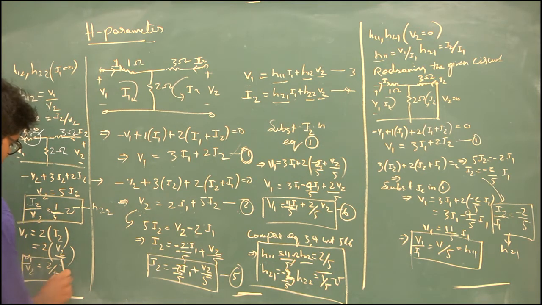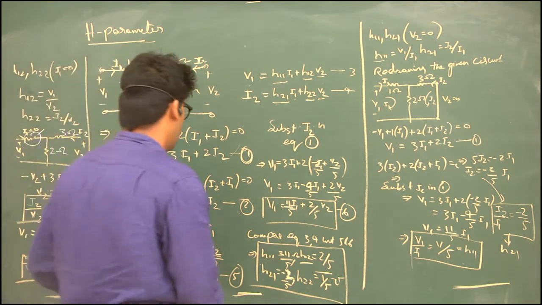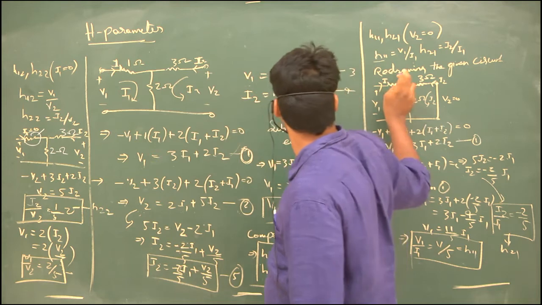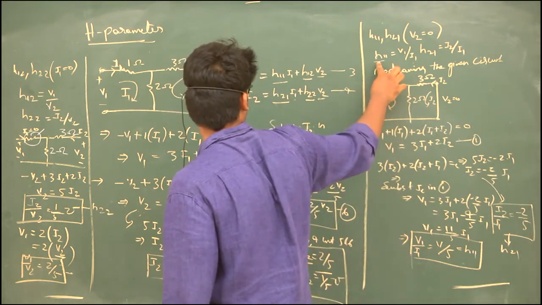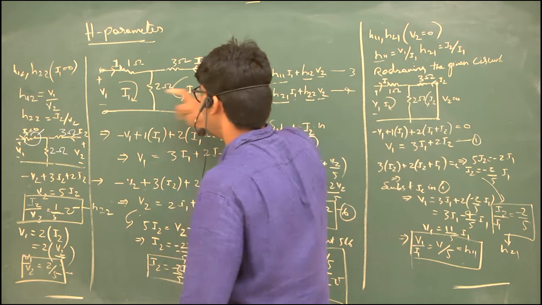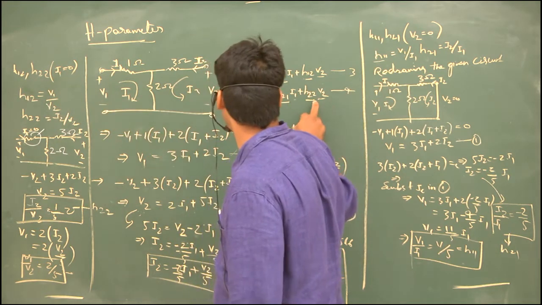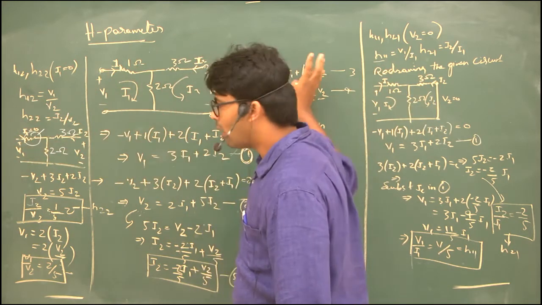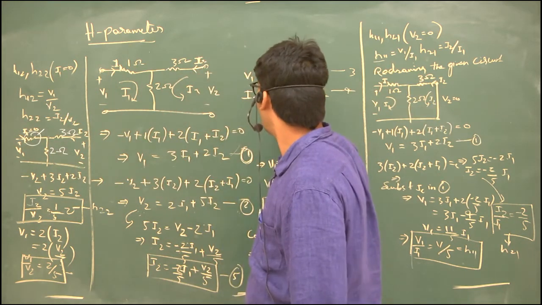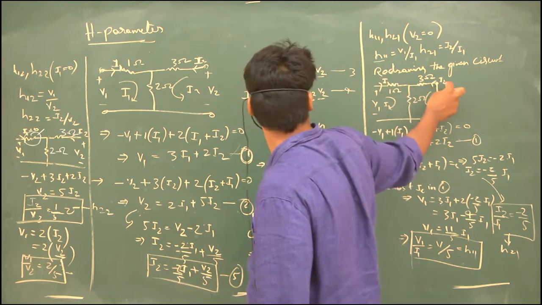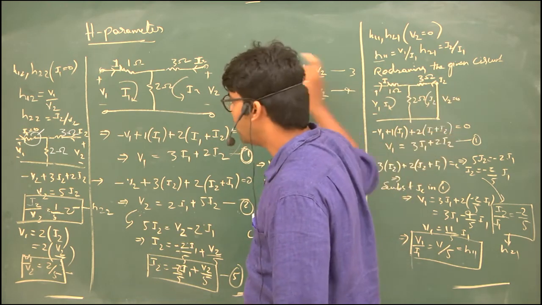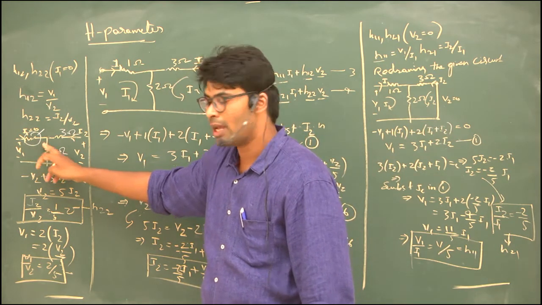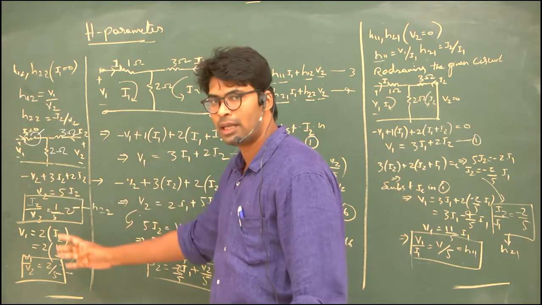This is the voltage gain, there is no value. So observe this now. In the first section we find H11 and H21. In this section we find H12 and H22, making I1 equal to 0. In these two methods, the important thing is that in the first we make V2 equal to 0, that is we are shorting that. But here we are making I1 equal to 0, that is the current I1 flowing is 0. So redrawing the circuit is important.